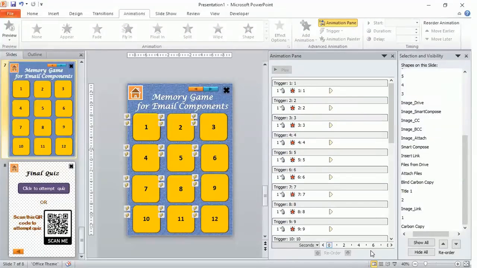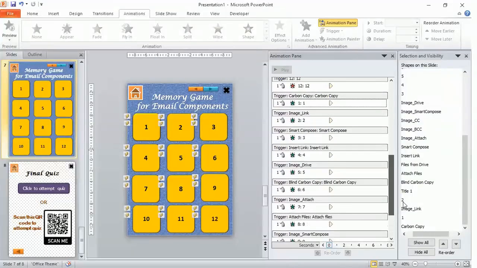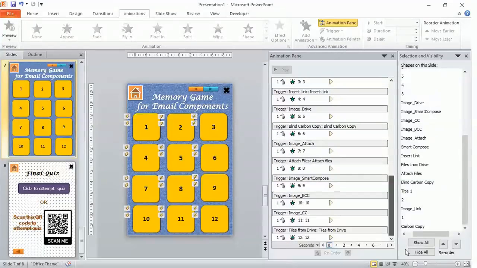So if you run this slideshow right now, after creating all these effects inside your animation pane, so we have first the disappearing effects and then the appearing effects, then you will be able to play it as a memory